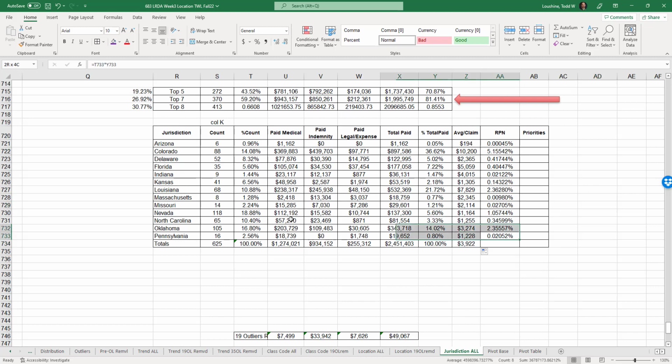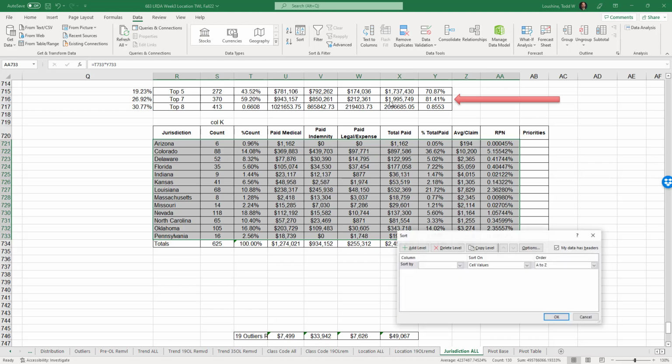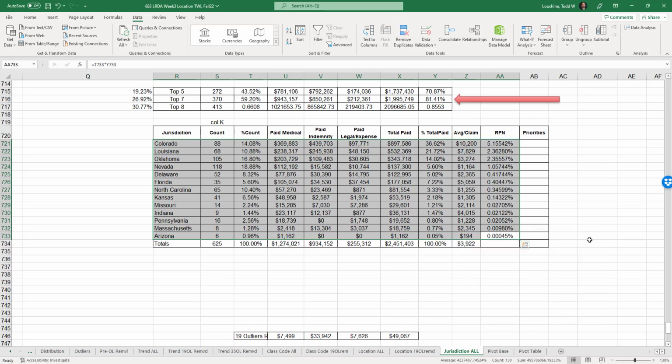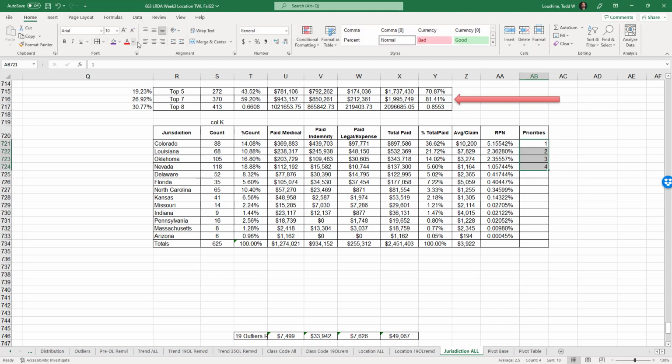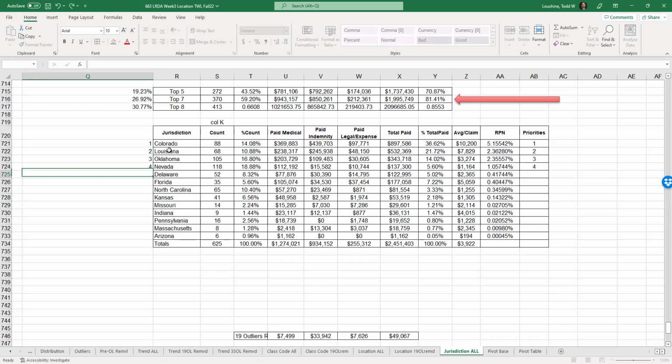All right, highlight the data and sort by RPN, high to low. Priorities, 1, 2, 3, 4. Maybe it'll only be 3. We'll have to see. Let's get the numbers and figure out 1, 2, 3, 4, 5, 6, 7.